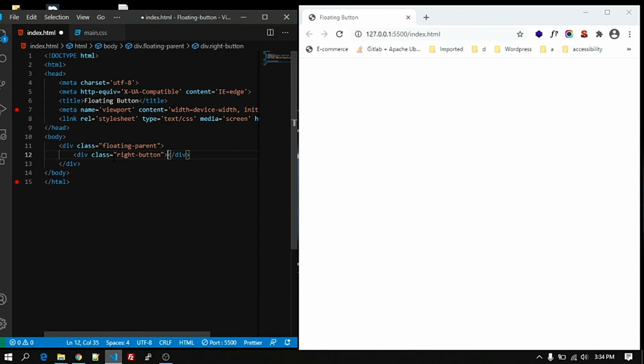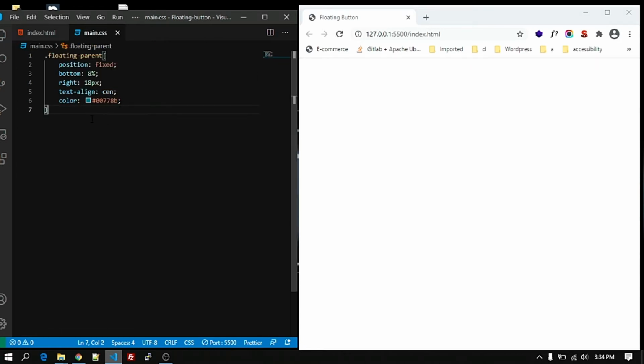So I added the right button. Let's add some CSS for that. Right button. So let's add the parent class before it: floating parent space right button.